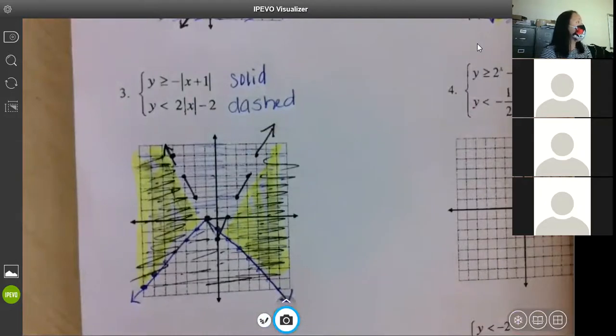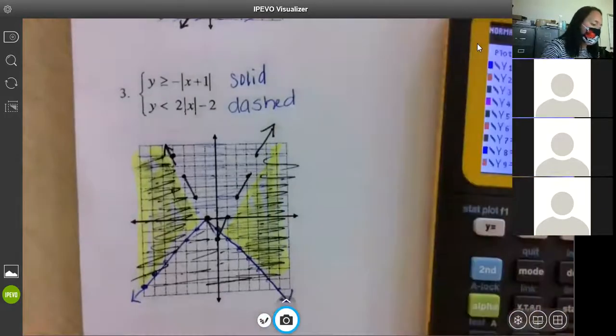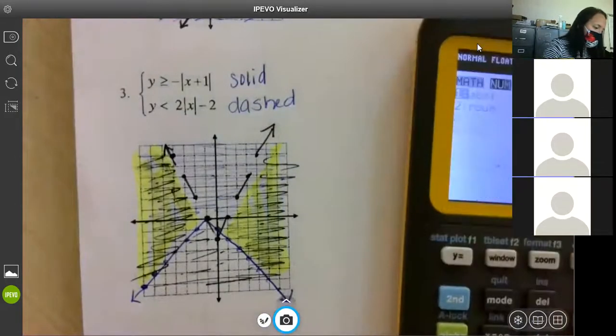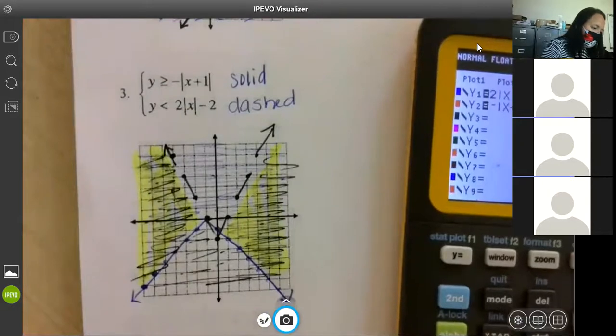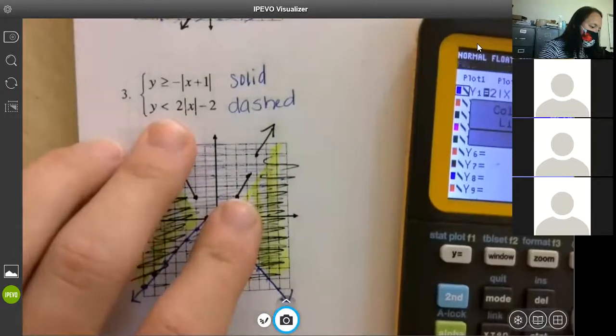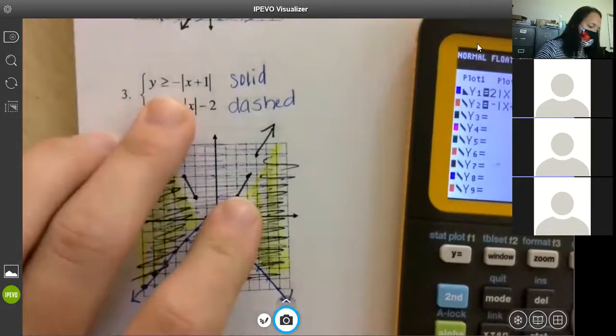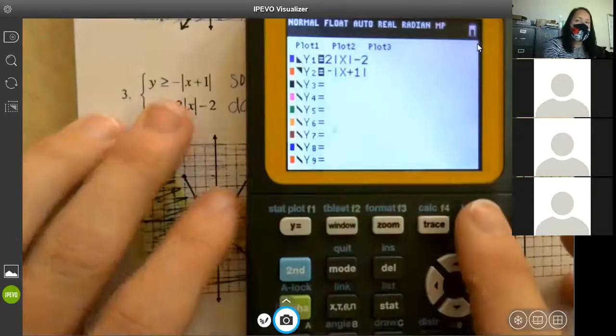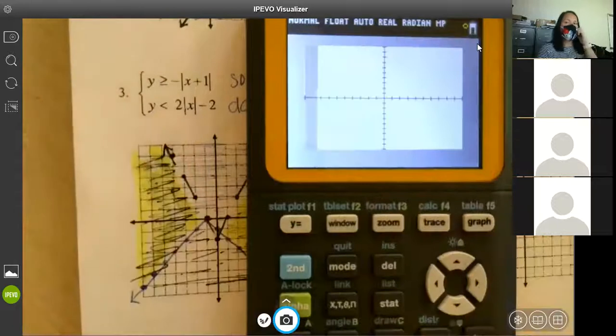You absolutely can. The only thing your calculator will not show you is it can't do the shade and the dash at the same time. So it'll do the dash and solid, but you don't really need to know that. What you need to know is where the shade's at to see if you got it right. So I'm going to put the other one back in just to show you. You do not have to do this. I'm just showing you. X plus 1. The second one was less than. So I'm going to change it to less than. The first one was greater than. And then when I graph it on my regular screen,